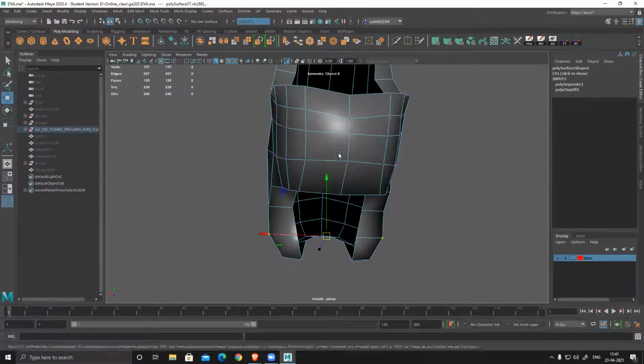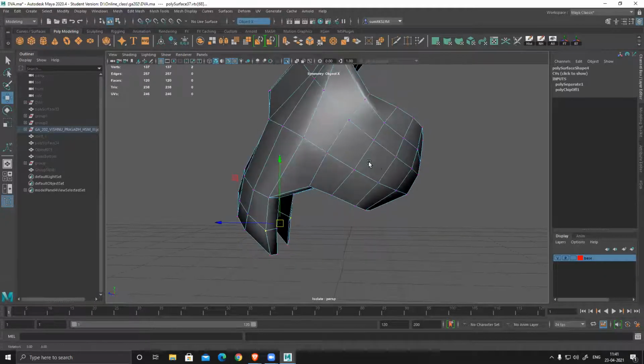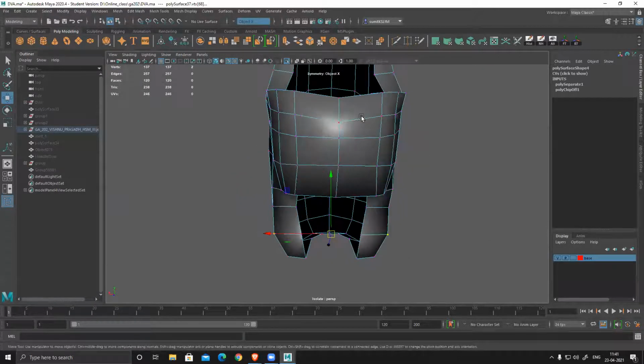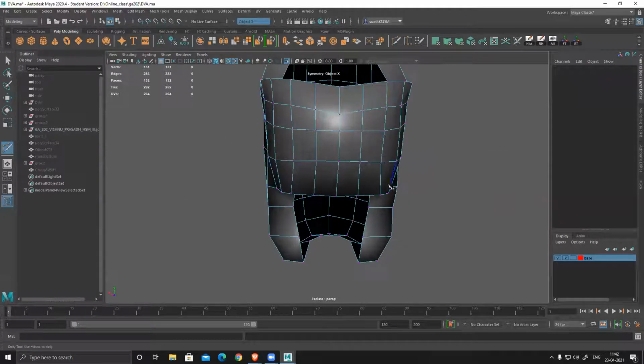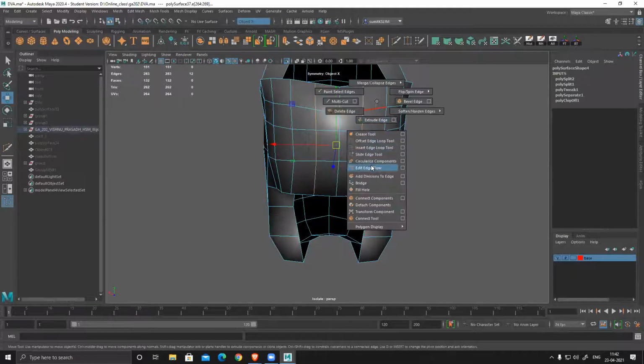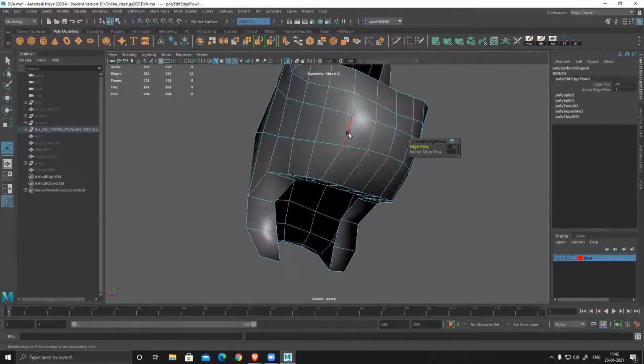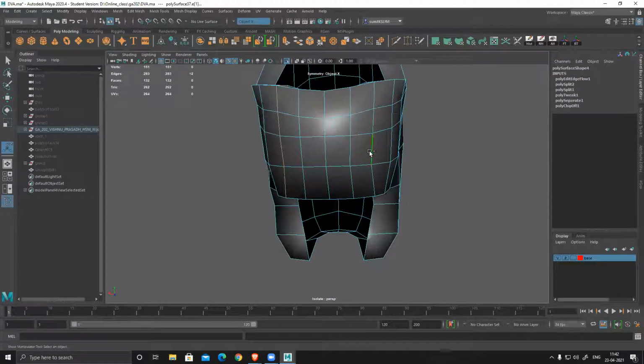I can see almost everything looks fine, only these two edges are way too big polygons. All these are of similar size, but these two are too big. So what I'll do, I'll add one here and one here, and then double click both of them and use edge flow, so it will average out the shapes.